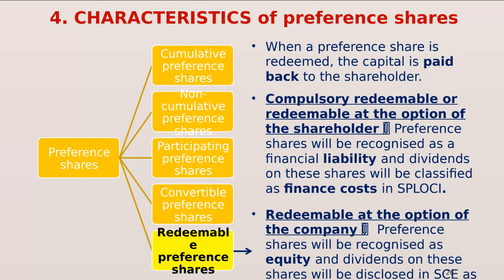So the dividends in this case look like interest because it's a fixed amount. And if it's at the option of the holder or mandatory at a specific date, it has all the characteristics of a loan. And because of that, under those 2 circumstances, we will classify these types of redeemable preference shares